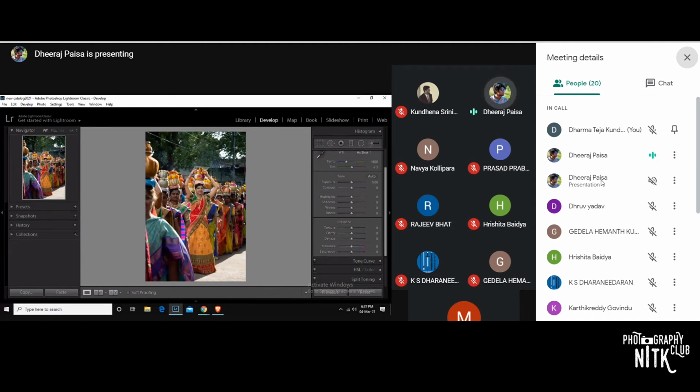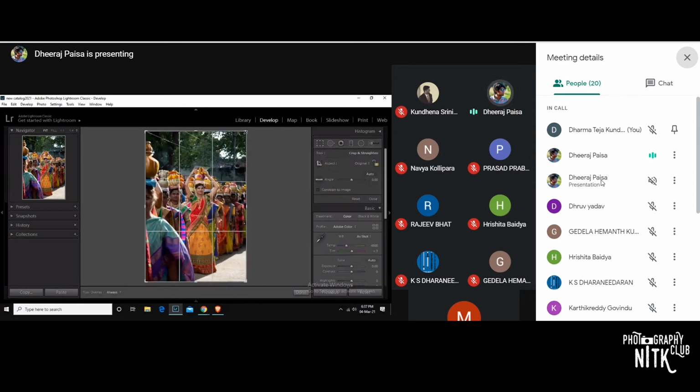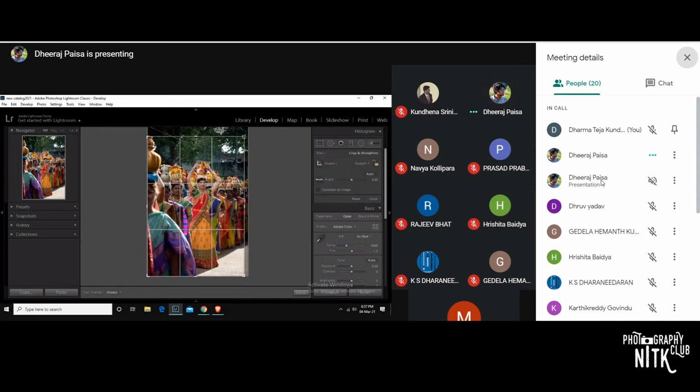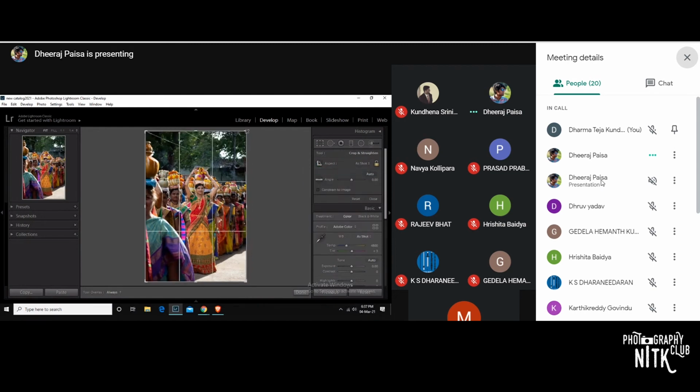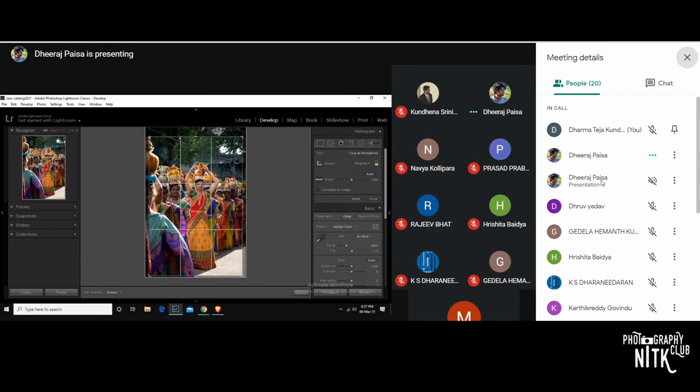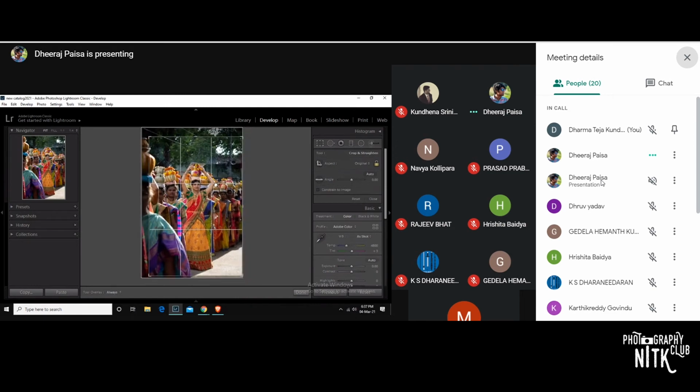Here, there is a lot of space, which doesn't make the image look good. So let's edit it. I mean, crop it a bit. I'm trying to frame the subject in the middle part of the frame.